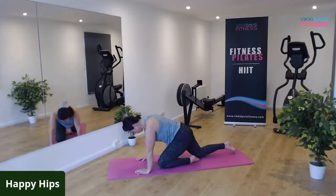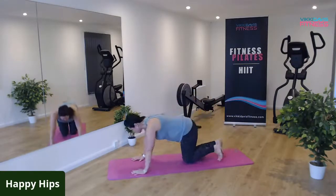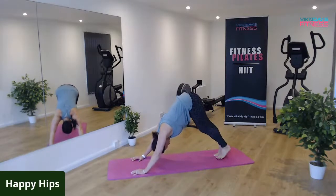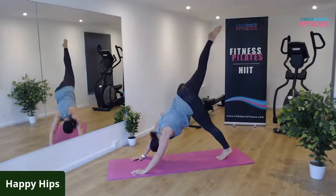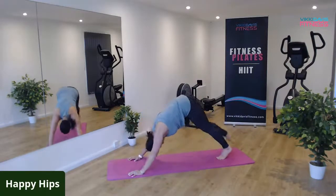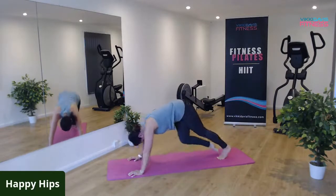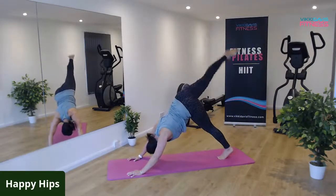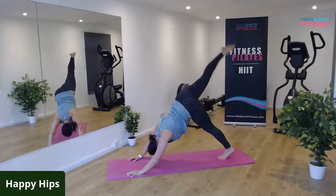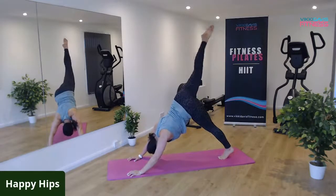Fabulous. Brace your core, push back, get back into the dog stretch, and now we're going to do the other side. Push back, lift your other leg up and swing. Exhale as you push back. 1, 2, 3, 4,